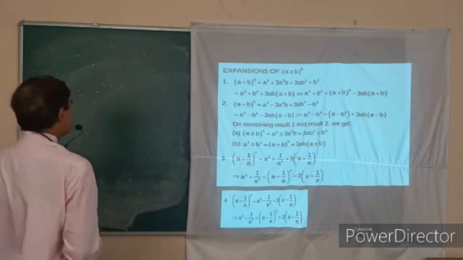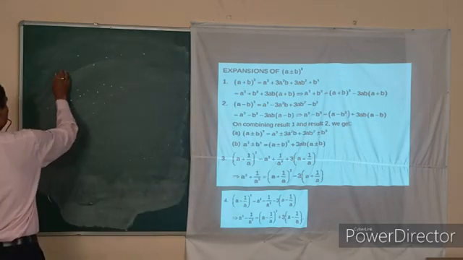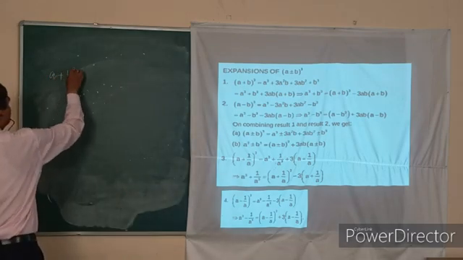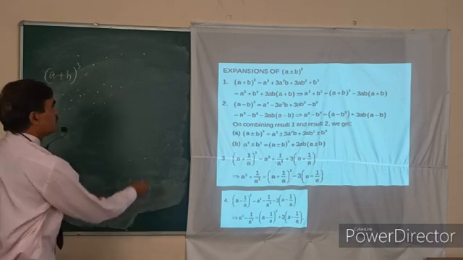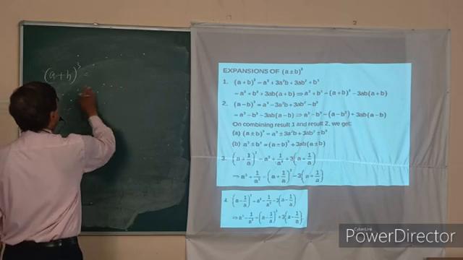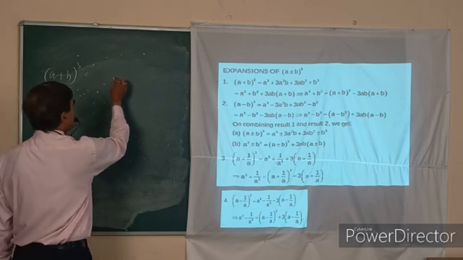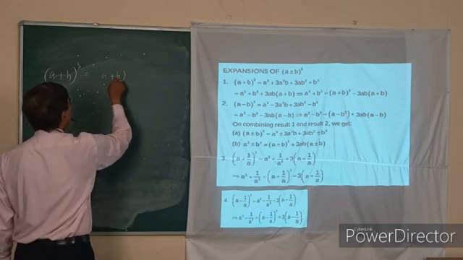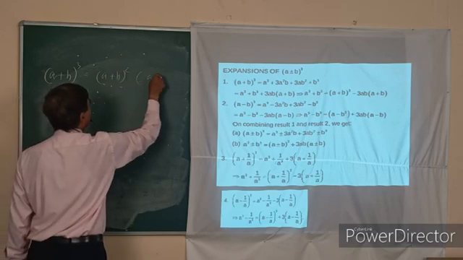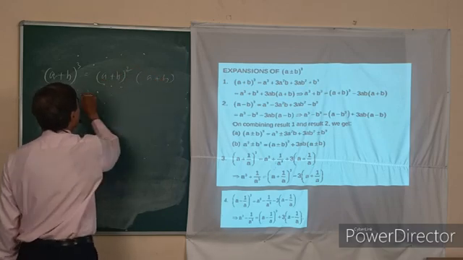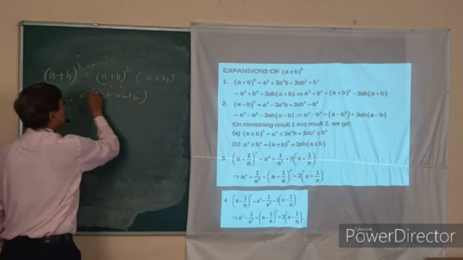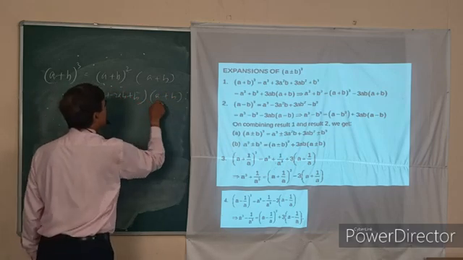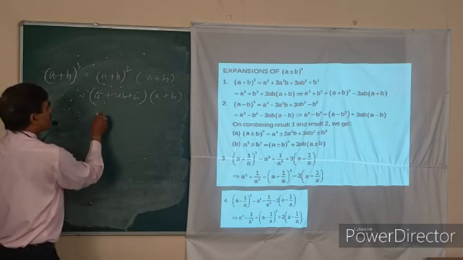Now, we see the expansion of (a plus b) whole cube. Now see how we'll get that. The value can be calculated like that: (a plus b) whole square, then (a plus b). If you open it, that is a square plus 2ab plus b square, and then multiply it by (a plus b). So we'll get over here